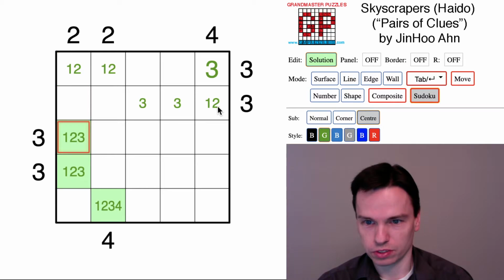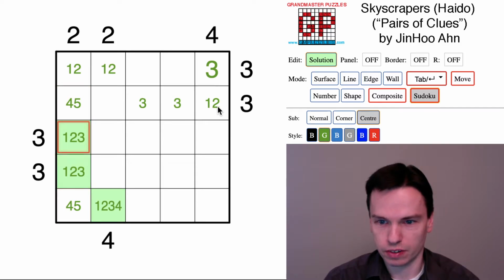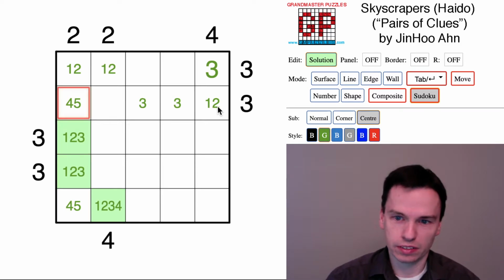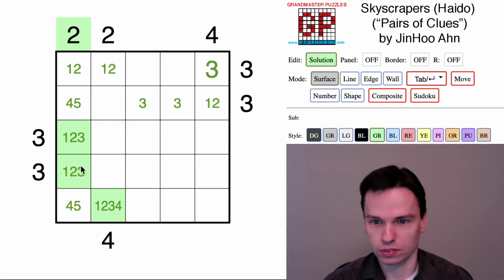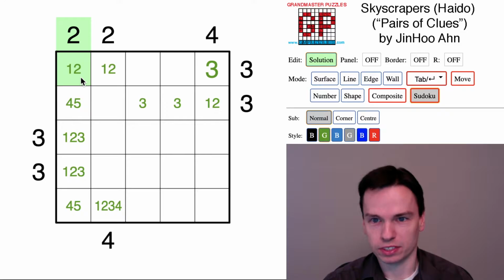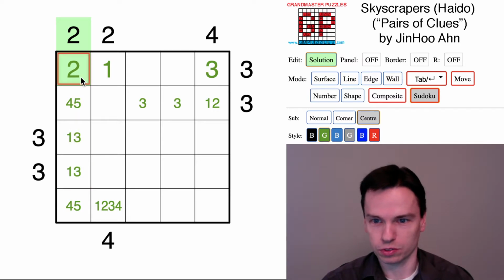Another thing we'll do is if we look in this column, it's certainly the case that the 2 big buildings, the 4 and the 5, are in the 2nd and 5th rows. And this actually now gives us back a real place to make progress, which is to look to this clue on the outside of the grid. And that's to say that it's going to see this first building for sure, it's going to see a 4 or a 5, and it then may see another very big building. But if it's going to see a 2, it's got to be seeing a building in that first space. And so quick way to make progress in this grid is to recognize that the 2 goes in this upper